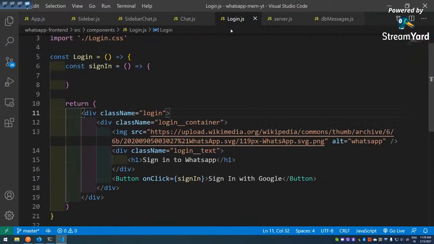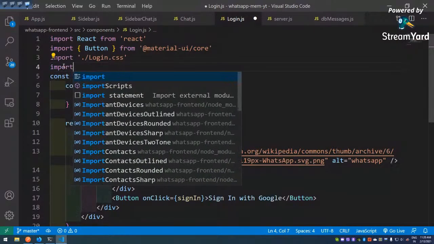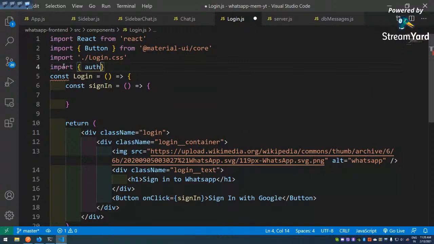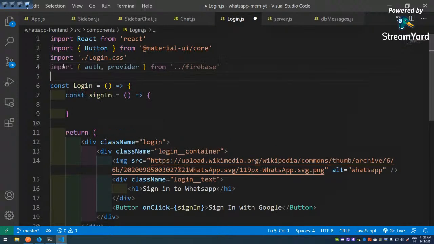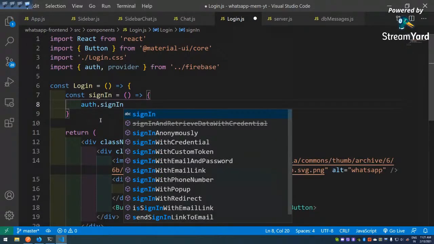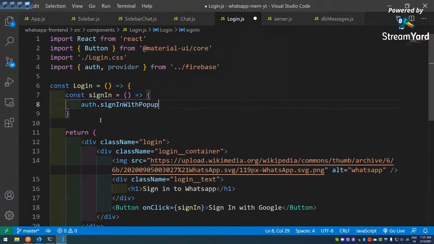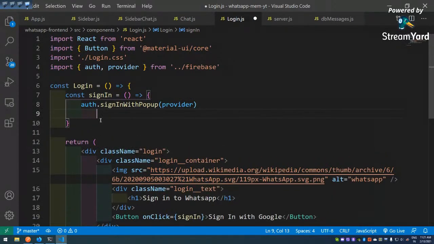So now we'll go back to the login, and here I should not have removed it. Import auth, provider from dot Firebase. Okay, so it is very easy to log in through Google. You just have to give auth dot signInWithPopup with the provider. You have to use the provider, and then